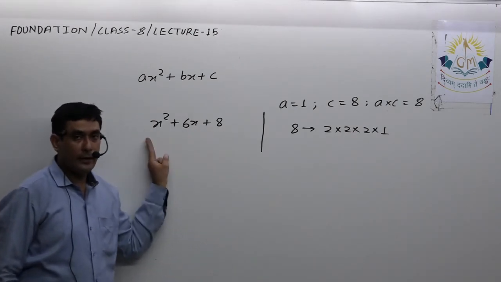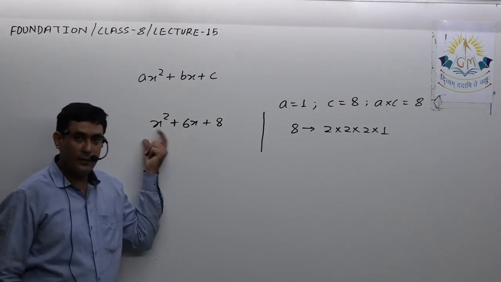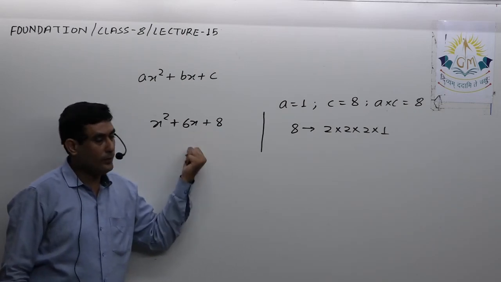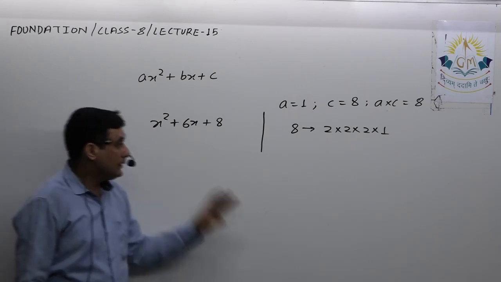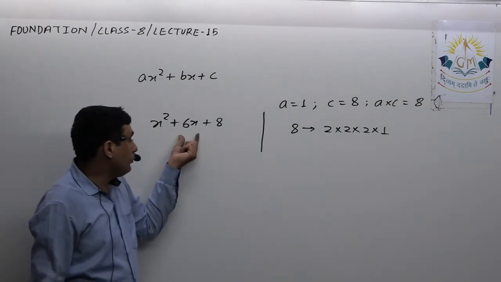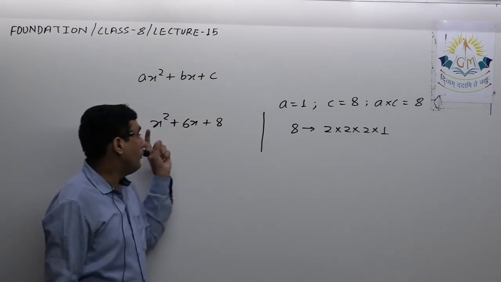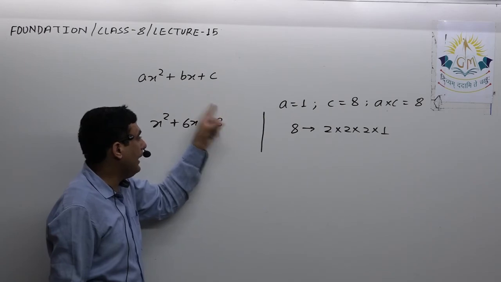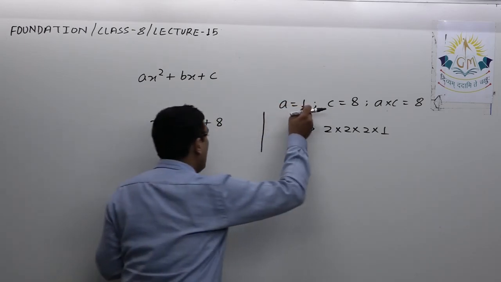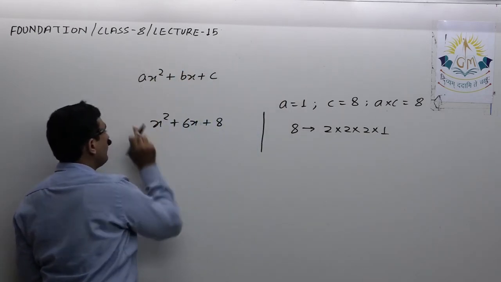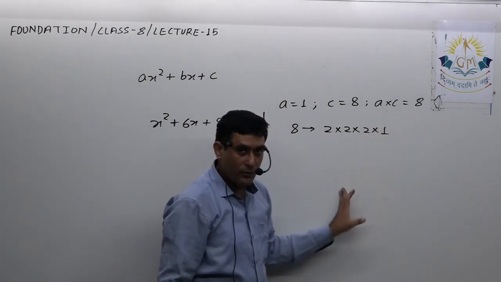So again I am repeating, first thing I will check whether the given expression is in standard form or not. Second thing, I check whether the first term after writing in the standard form is positive or not. If it is positive, well and fine. If it is not positive, take a minus sign to make it positive. Third thing, now we will come to start splitting the middle term. To split the middle term, we find the factors of a multiplied by c. Again I'm repeating, a is the coefficient of x square, c is the constant term. So here it is 8, and I wrote the factors of 8 in this way.